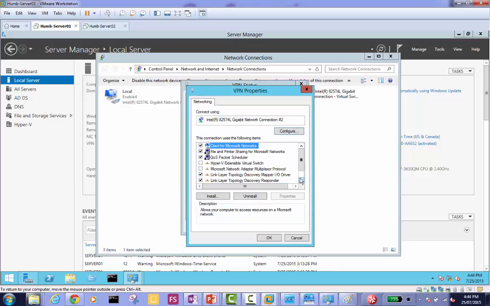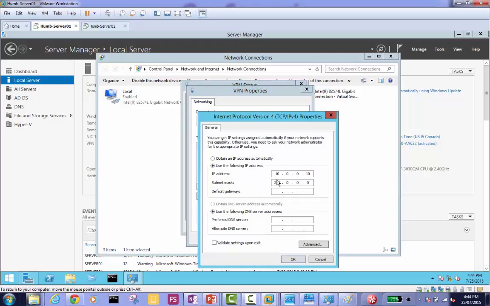This is the IPv4 address. Everyone should have the IP address like this for the second network card, 10.0.0.10 and 255.0.0.0. This is the VPN network interface that's going to receive the VPN traffic. Okay, everyone did that.